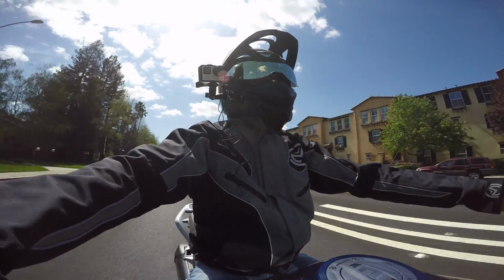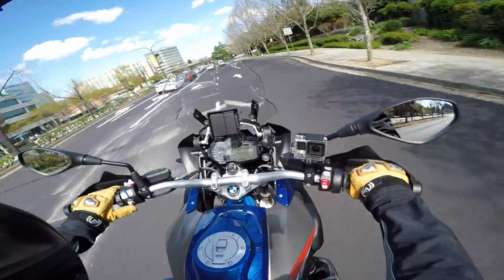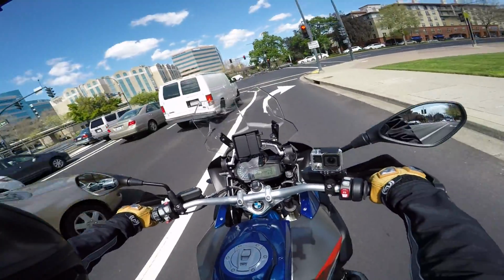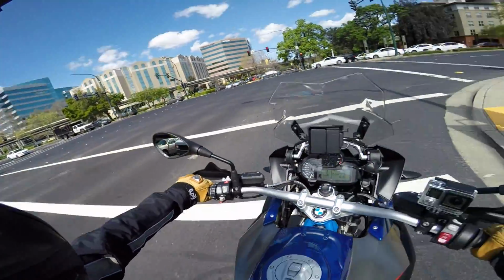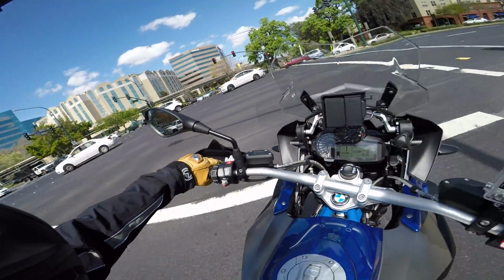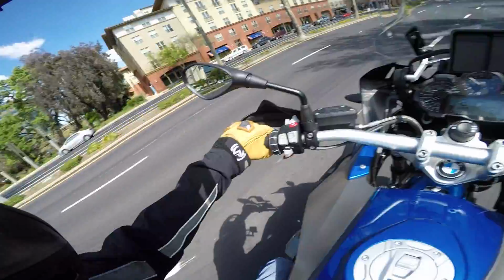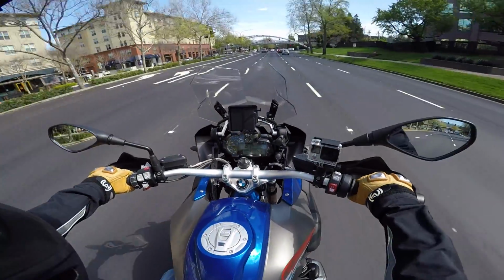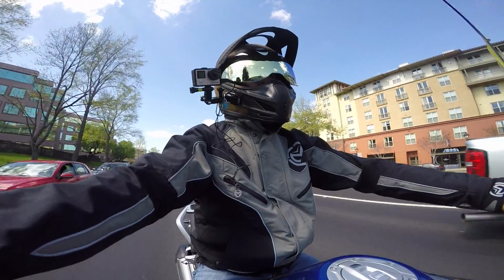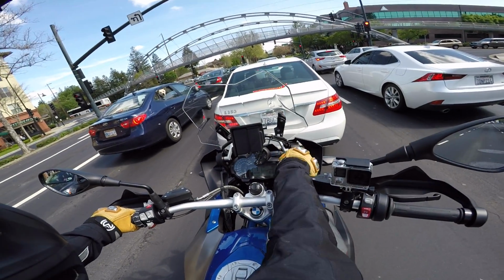And I'll tell you right now, the suspension feels fantastic. I'm riding in the normal road mode of the dynamic electronic suspension adjustment, and it feels very good, very compliant. I feel like I'm getting a good amount of feedback from the road. And there was that Gear Shift Assist Pro, second to third and third to fourth. Feels great. We've got the adjustable windshield on this bike,